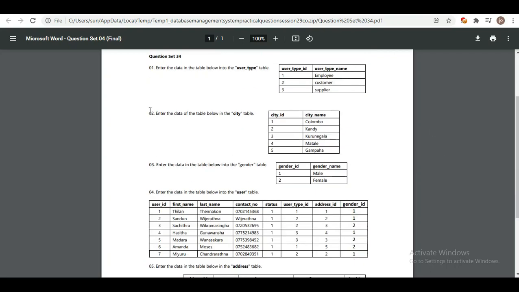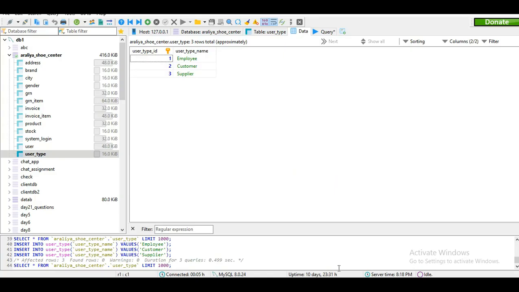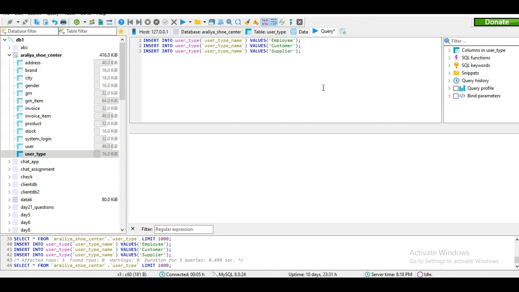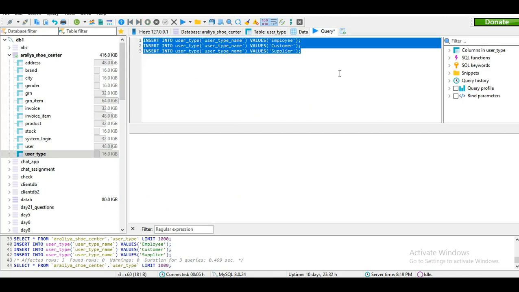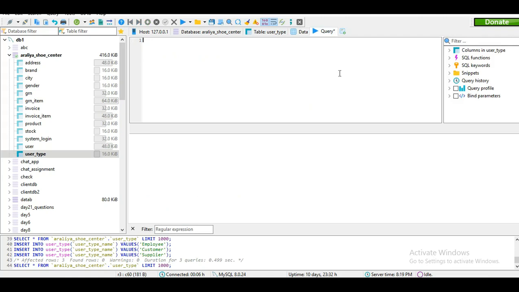Now in the second question, I've been told to enter data into the city table, and I need to add this data into that table. So first I'm going to go to HeidiSQL and go to the query section. I'm going to erase these three queries and then type a new insert query to add the data. I'm going to begin by typing insert into,